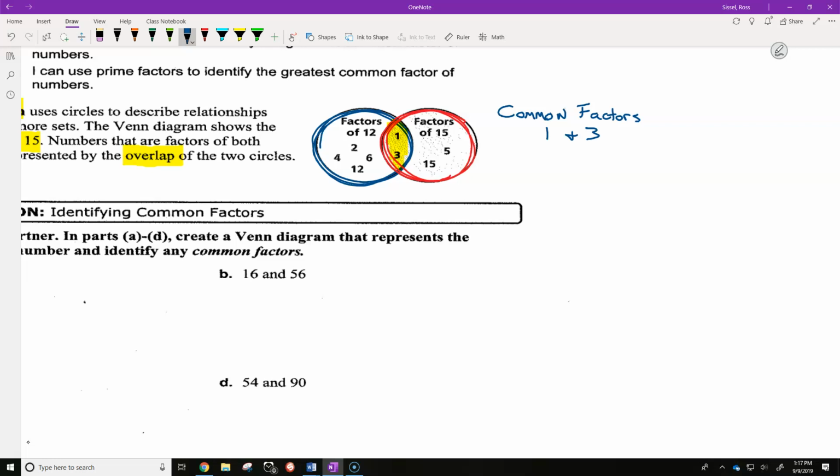Now let's identify this real quick. Who remembers what factors are? This is one of our criteria that we have to get. What are factors? 2 numbers multiplied to get a whole. 2 numbers that are multiplied to give us a specific whole number. Okay? So, factors, what's the word common mean? It means that it's like